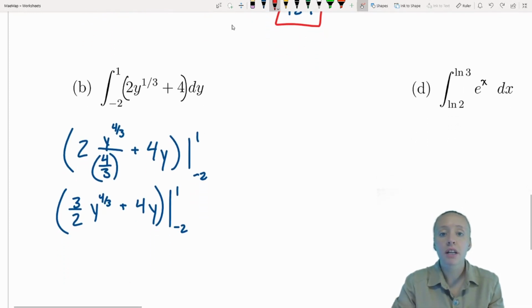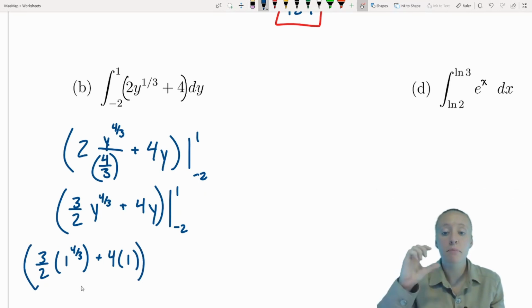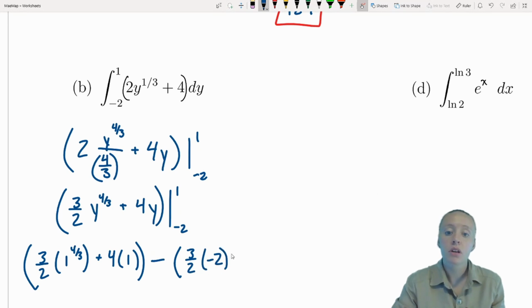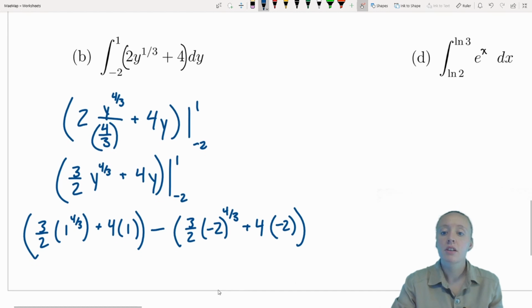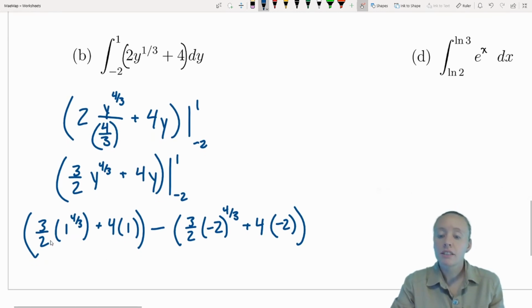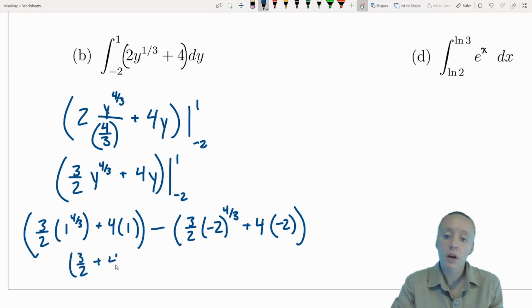So what we're going to do is plug in our upper bound and subtract plugging in our lower bound. So we're going to get 3/2 times 1 to the 4/3 plus 4 times 1, and that entire function is my big F of b, my capital F of 1. I'm going to then subtract 3/2 times -2 to the 4/3 plus 4 times -2. Now let's evaluate this. 1 to the 4/3 is 1 times 3/2 is going to give me 3/2. So I'll have 3/2 plus 4 minus